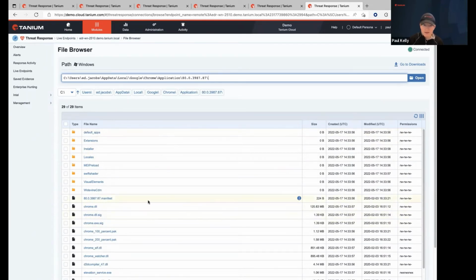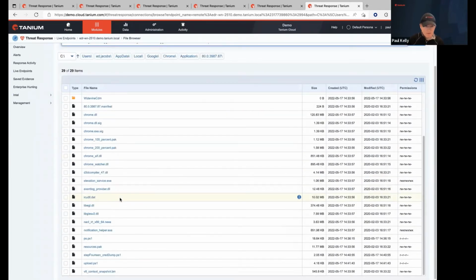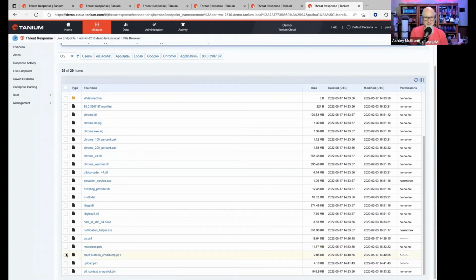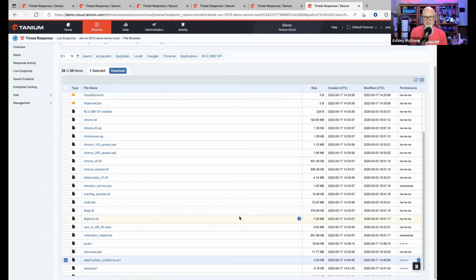And then we might actually see some PowerShell script files in here. Sure enough, there they are. Upload PS1, and there it is. That is the one that we were investigating in the alert, the step 14 credential dump right there. If we check the box next to that file, we get some options up there to download it. This amazes me every time I see it, and we can do this on Windows, Mac, or Linux. That cross-platform support is just icing on the cake.